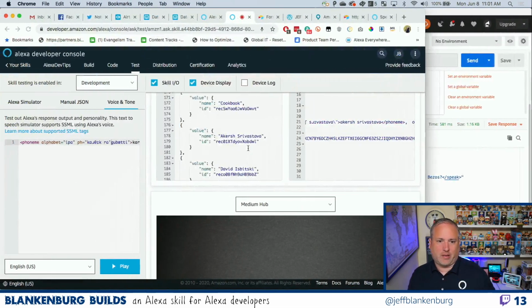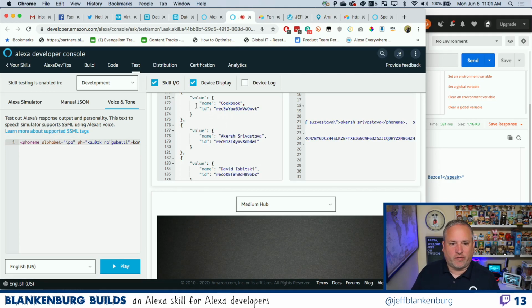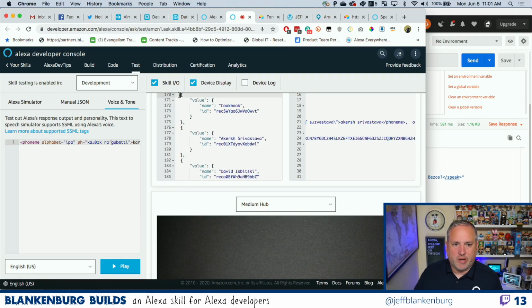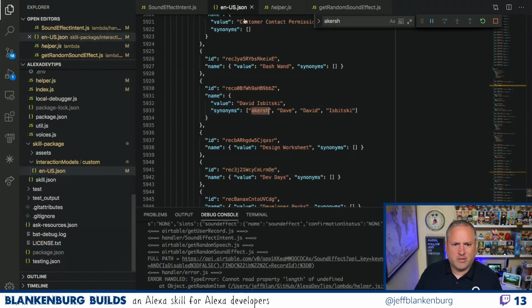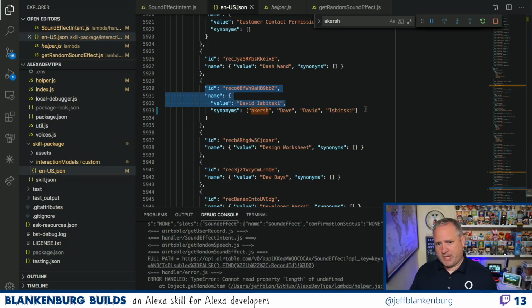This is something that comes back to things that I just really wish I could fix, which are that I have all this metadata here. This is all I get to save for a slot value, is a name and an ID. And if you look at my structure here, I get a name and an ID and some synonyms. I really wish that I got more information from the results that I could package up and store with this stuff, because there's other things that I want to know. Maybe I want to know the pronunciation. That would be a huge thing to be able to store with this.